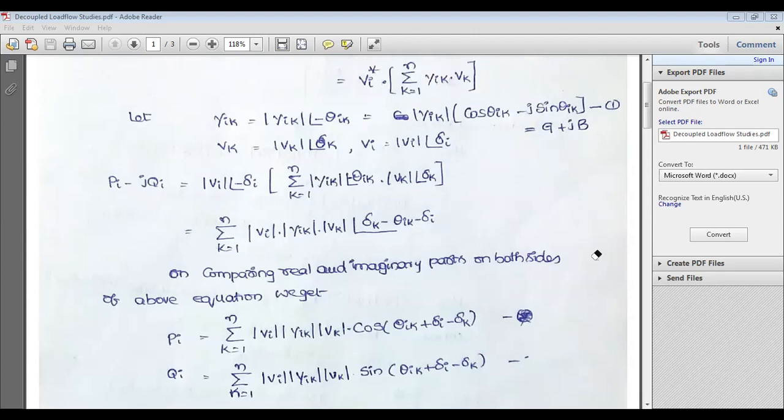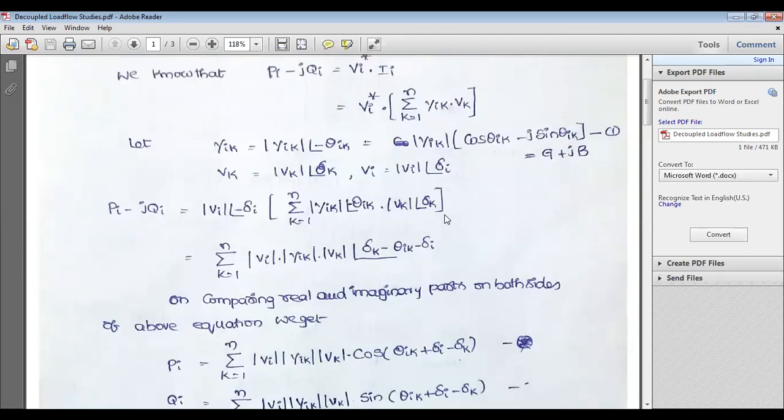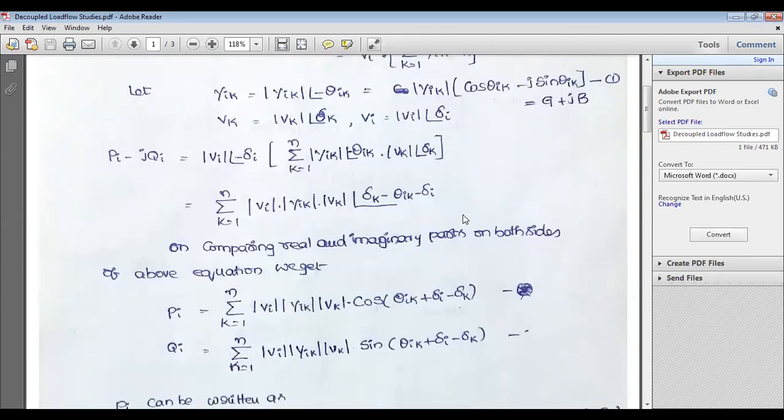I will give you 2 minutes for noting all these things. Immediately, please note down. This is also very important. You have to concentrate more to understand this type of load flow solution. This is not that easy to understand. Sometimes I am using technical words which we do not have in our syllabus. Please try to remember that. Please note down these expressions quickly up to Pi and Qi.